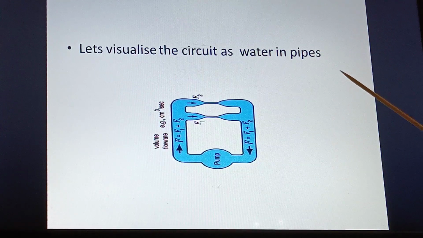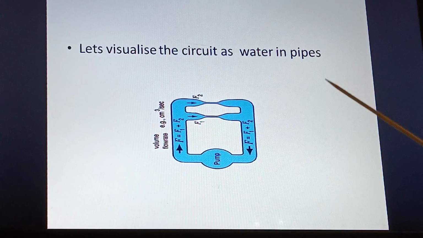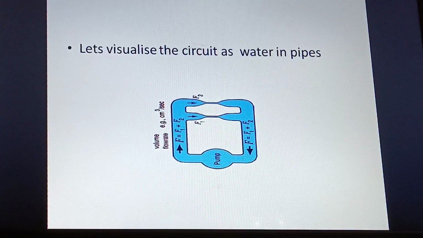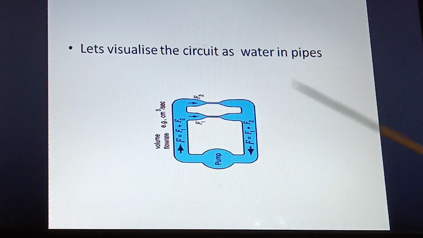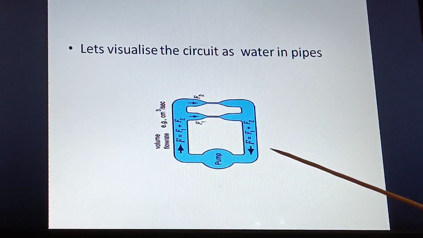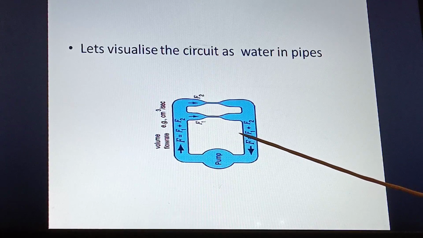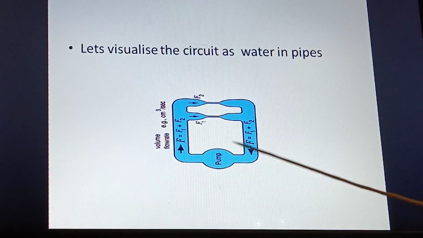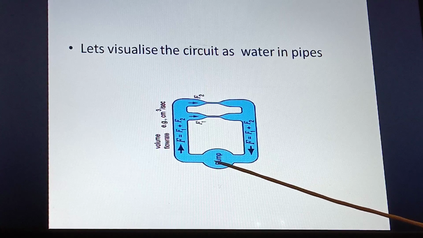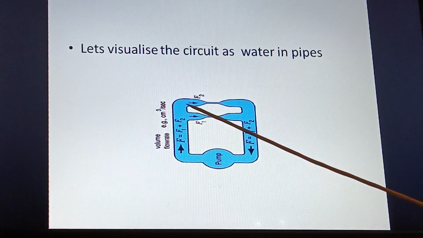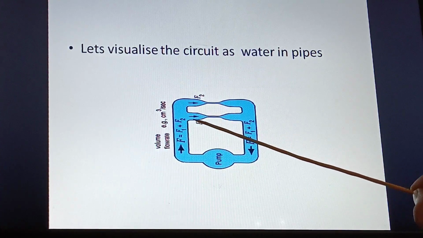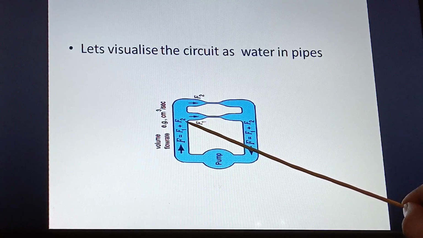So the same goes for the current also. Let's understand the current with another example. Let's take the same example. Now if you see here, the total water inside this pipe connection, let's say, is 10 liters. 10 liters of water is there. Now this 10 liters will flow, and it flows and reaches here.